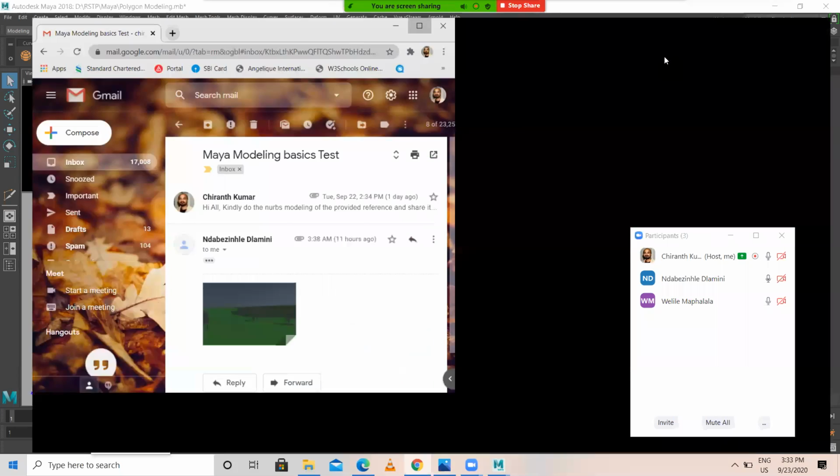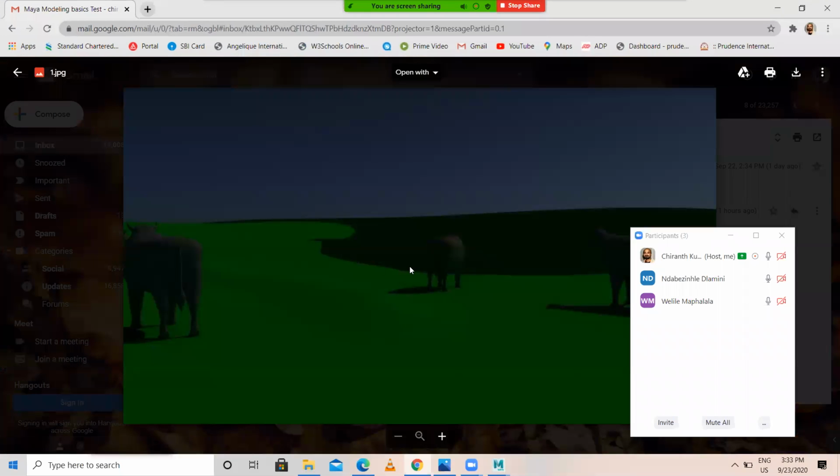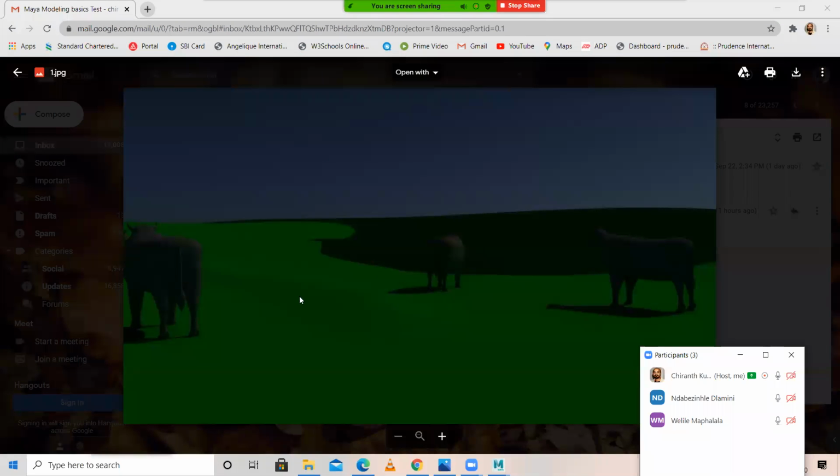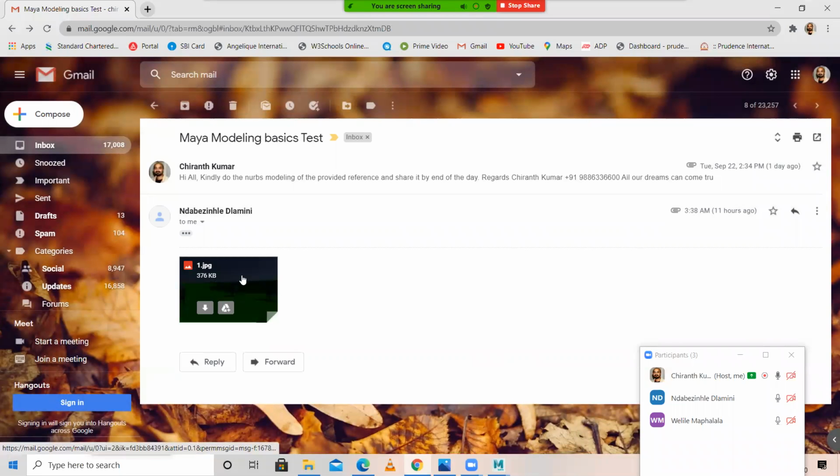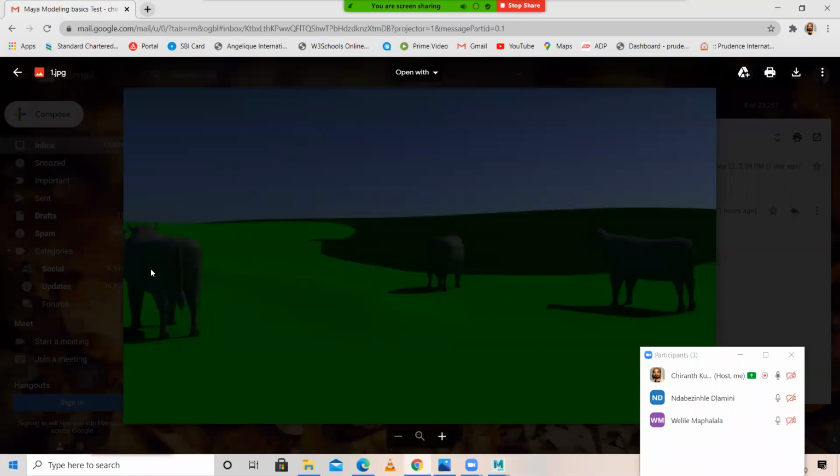Yeah, there it is. If you need the binary file as well, I'll send it. Can you share only this particular model? I only want to see this curve. You have done using NURBS modeling or polygon modeling? NURBS. Yeah, NURBS.